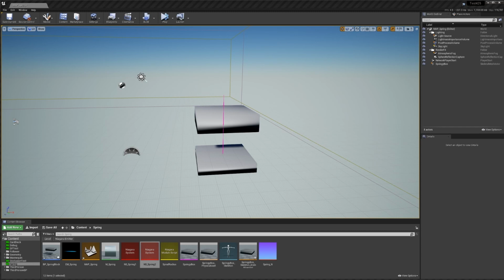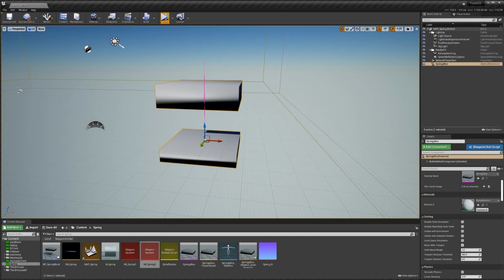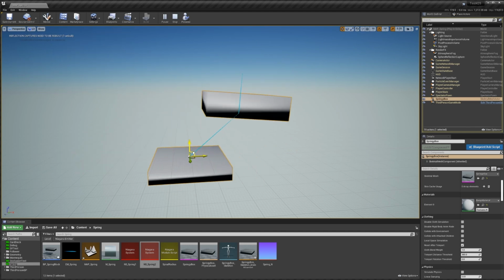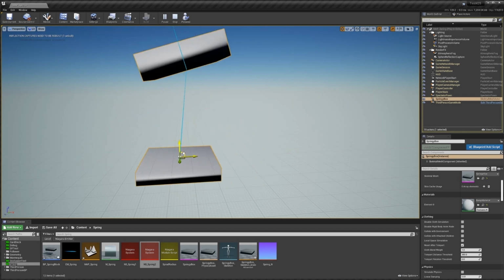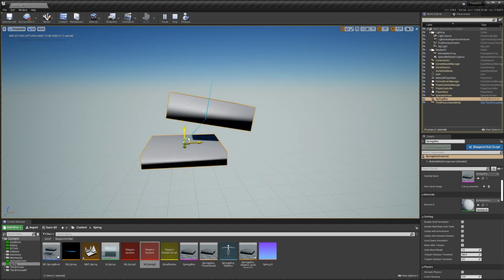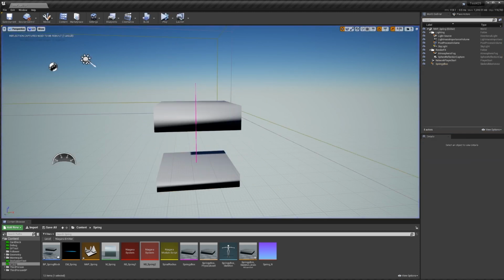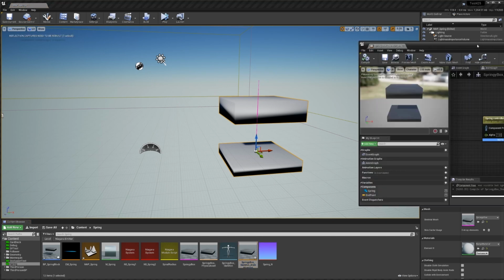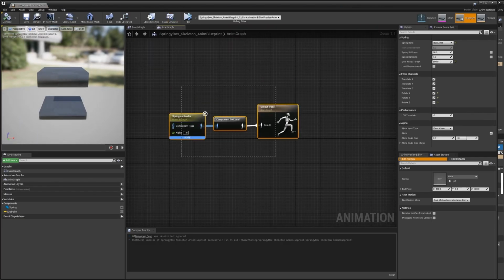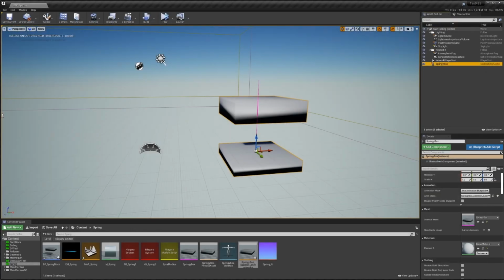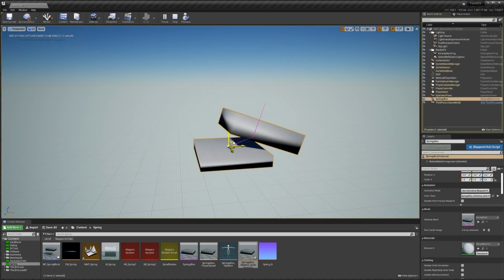Now let's try a few practical examples of this using skeletal mesh sampling. So here I have a skeletal mesh, and if I press play and move it around, you can see that it's got a bit of a spring component to it. So I can move this base object around, and this component on the top is going to try and stay within a certain range. This is set up really simply on the skeletal mesh with an anim graph blueprint. So we can see here we've got the spring controller affecting bone 001.